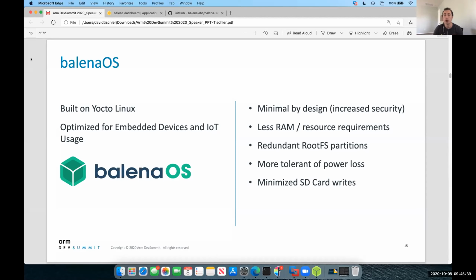So no, we're not installing a desktop. No, we're not installing image editors or music players and things that make Raspbian a very user-friendly operating system for a desktop. But in this particular case, for an IoT device, we want minimal. That also comes along with a few additional features, which means you're lowering your RAM utilization and your resource requirements. And then there's some other customizations built in, such as this redundant root FS partition concept, which